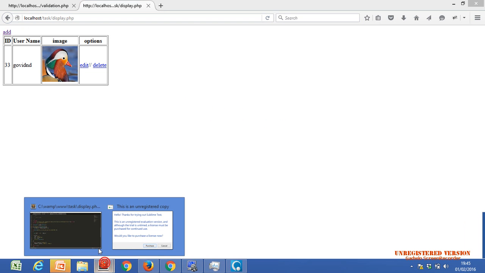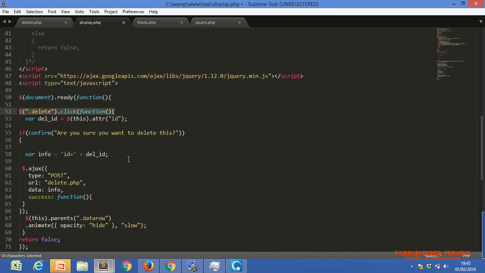Okay, Nazar. Now, dollar this attr. This is one predefined function in jQuery. The full form of attr is attribute. Attribute, or you can say property, or attribute is the same. Attribute of id means current element id. So it will return the current element ID, means the anchor tag ID.